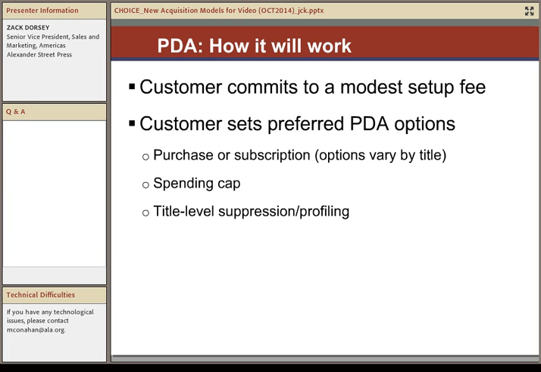We are also working with the technology, and this is really important from all the feedback we gathered, that title level suppression and profiling is really important. I don't want to assume everyone knows what I'm speaking to there, but there are certain institutions, and there was a wonderful example at AOA back in the winter in Philadelphia. We received wonderful feedback that in the ebook world, there were certain ebooks, and I won't use the exact name of the book, that the library would never want to have purchased or subscribed to. So we will be building that same level, title level suppression and profiling, so our customers